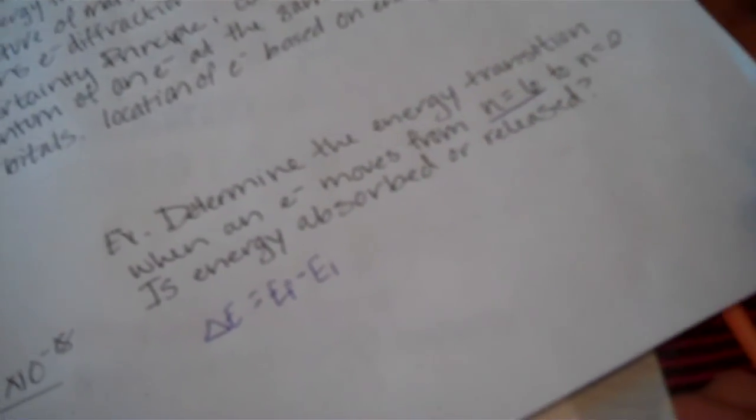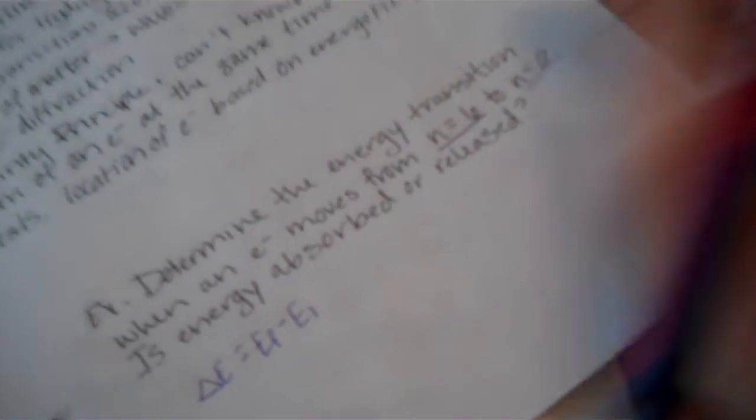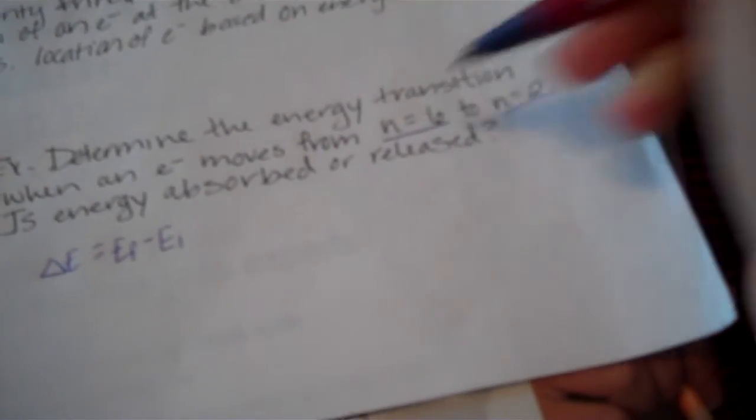First thing you need to do is decide which transition is initial and which one is final. We have from n equals 6 to n equals 2. That means this is your initial and this is your final. So you can set it up like,